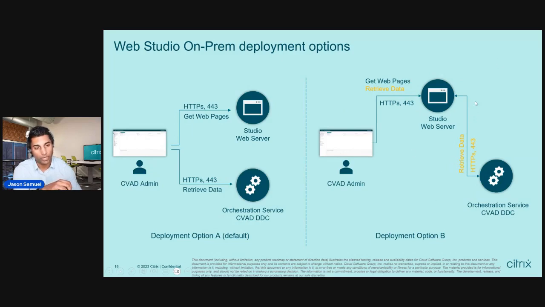Imagine there was a firewall in between, and you only have communication between the web server and the DDC. You don't have to have all your enterprise network segments, with laptops and desktops, all the user segments, be able to talk to a server that is so critical, like the DDCs and the orchestration service. So you can completely separate your infrastructure control and your workloads, everything can be over here with a firewall segmenting it out, and the only thing that's exposed is the Studio web server. And if you really think about it, that's how the internet has always worked. We want the internet web browser to talk to the web server. We don't want it to start talking to other infrastructure servers.